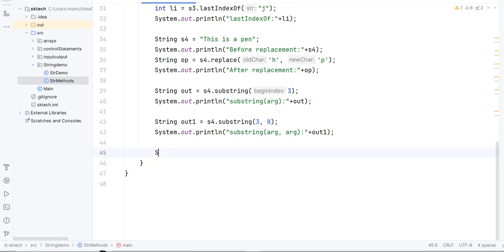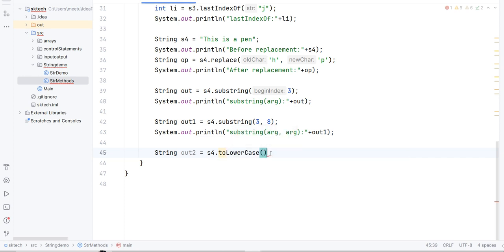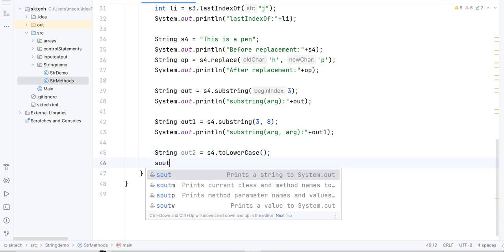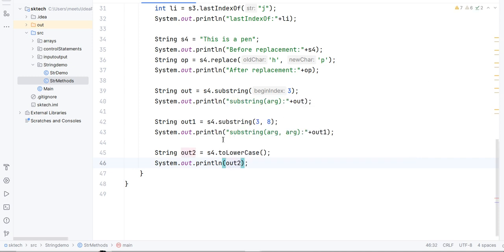Return type is string only, so we'll need to write string, let's say out2 equal to s4.toLowerCase, right? And let's print this output. So out2, and let's write some statement here also so that it will be more visible, toLowerCase. Yeah, so let's run this program and see the output.